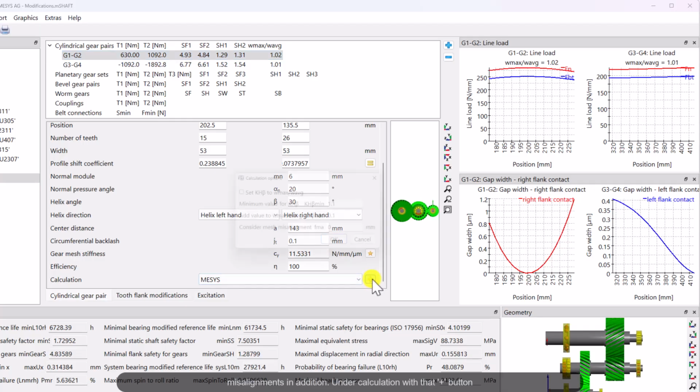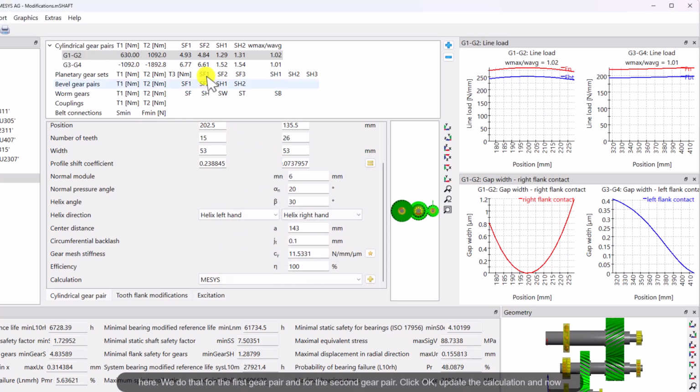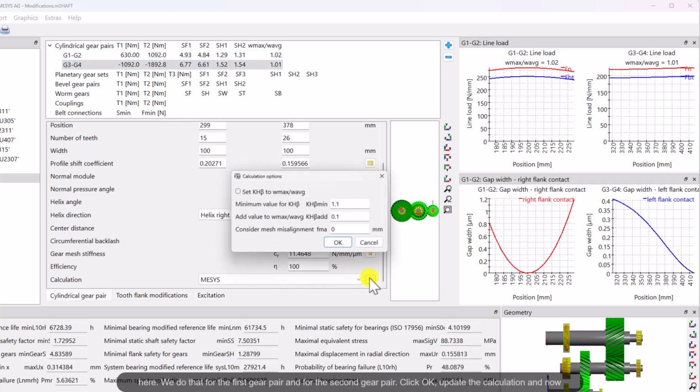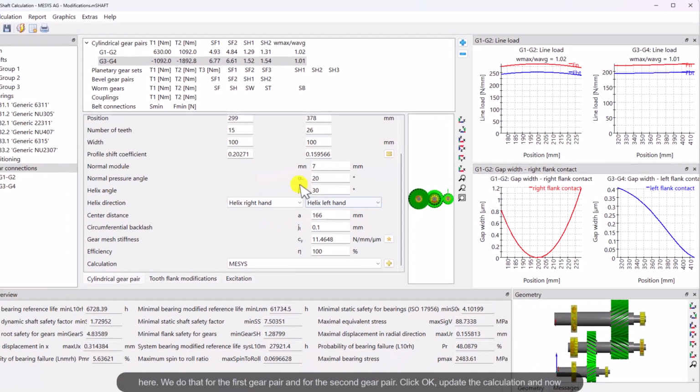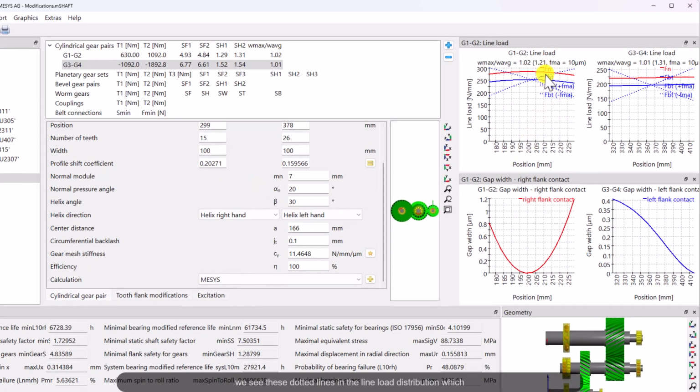Under calculation with that plus button, you can define a mesh misalignment, FMA, as it's done in the strength calculation, and we can select a value of 10 microns here. We do that for the first gear pair and for the second gear pair. Click OK. Update the calculation. And now we see these dotted lines in the line load distribution, which show